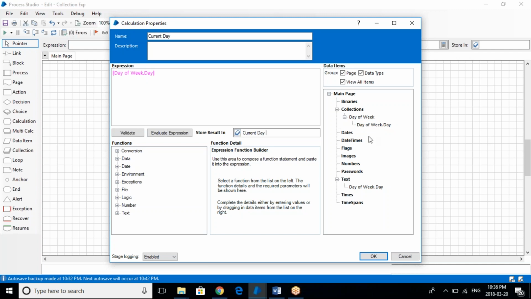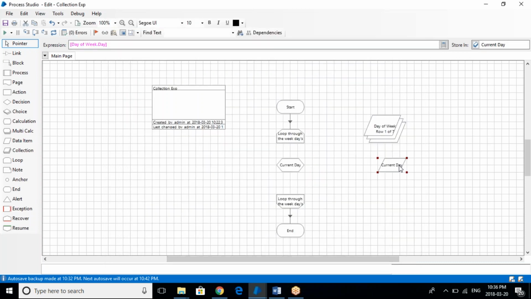Current day. Since there is none already created, I can directly click here to create it. Obviously it will be a text. So you see this got created. Now you can just link this. Now you see this current day will keep on changing from Monday to,